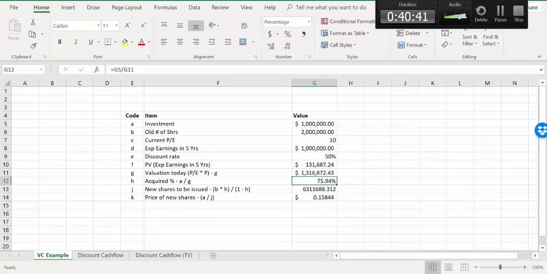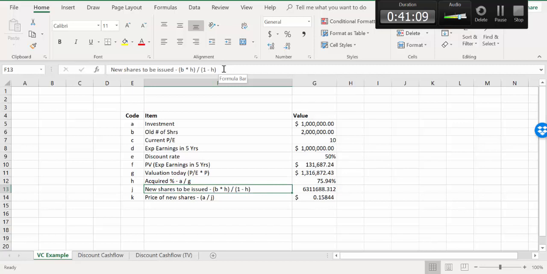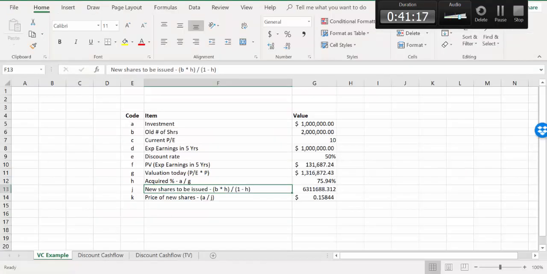Dividing G5 by G11. What is G5? G5 is my investment, $1 million, divided by today's valuation. Better take out this minus G here. Okay? Now, as for the number of shares that need to be issued, this is actually quite easy to work out. Here, the new shares to be issued,